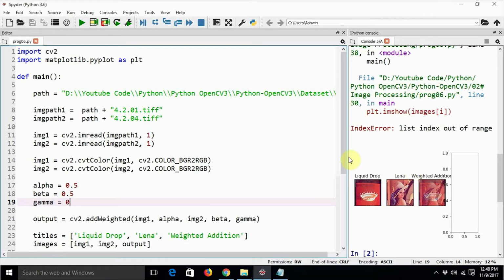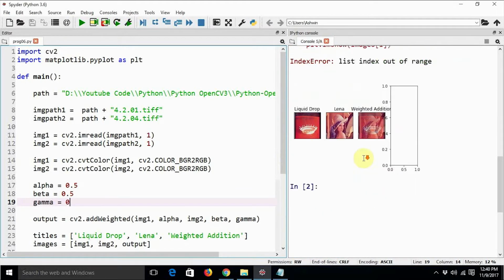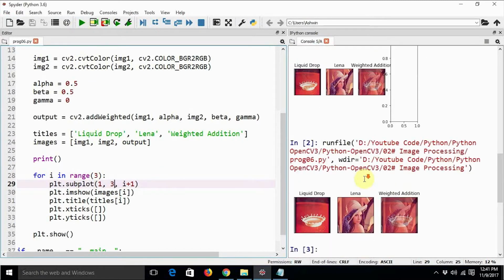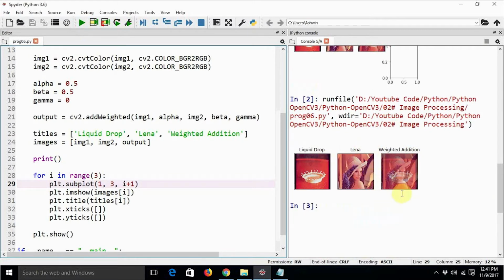Oh, I guess there is some problem with this. Okay, so here we have the problem. Yes, so let's execute this again. Now we have weighted addition, which is nothing but a nicely blended image.